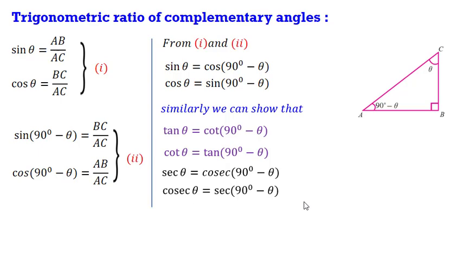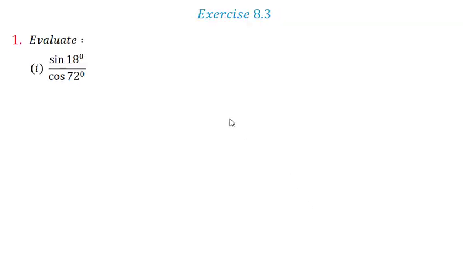Right? Now, we already know that sin 0 is 0, sin 30 is 1 upon 2, sin 45 is 1 upon root 2, sin 60 is root 3 upon 2, sin 90 is 1. So, for these standard angles, that is 0, 30 degree, 45 degree, 60 degree and 90 degree, we know the values. So we can write their values directly. But if the angles are other than these angles, then you will find that these relations are more helpful in solving the problems. Now let us see how they are helpful.